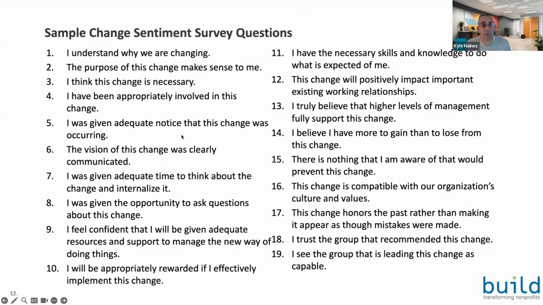So this is a bank of questions that we use when we try to understand the sentiment that people have around an upcoming change. And oftentimes we use these in the form of a survey. Using a survey has a couple of advantages. The first is that it gives you a way to actually quantify how people are feeling. So rather than it being something that's subjective, it can be more quantitative as you measure how people are feeling